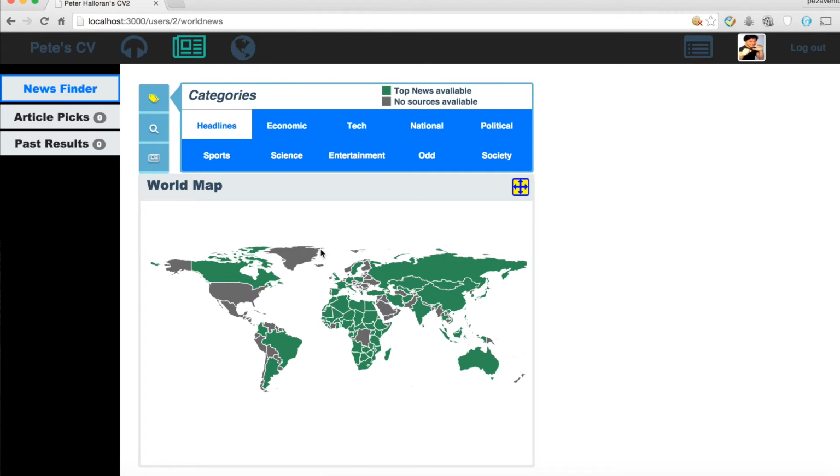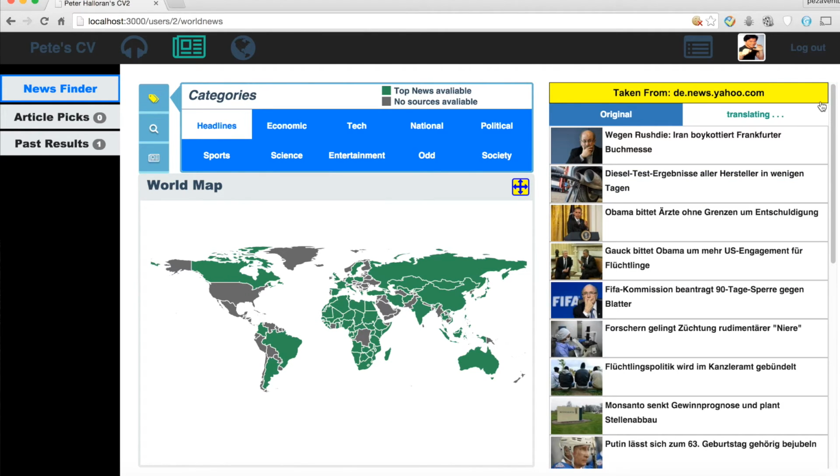So we could see what Germany is up to. Okay, right now you're going to see it's translating. Normally, you will not see this because I cache the translations in all these queries for up to 12 hours on the back end. So actually, I'll show you again how it doesn't happen the second time.